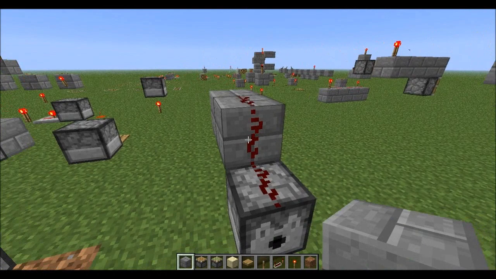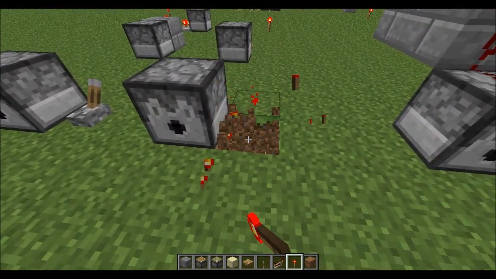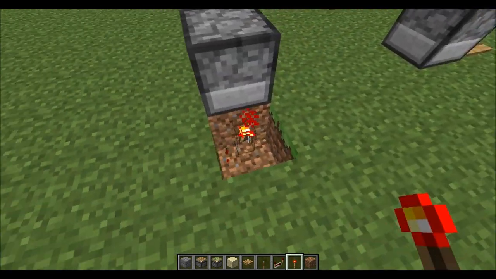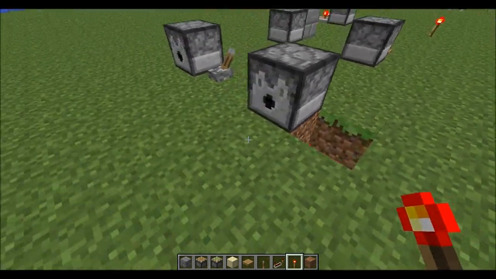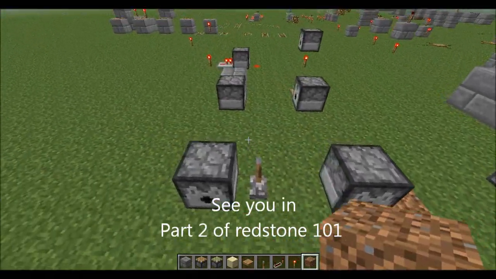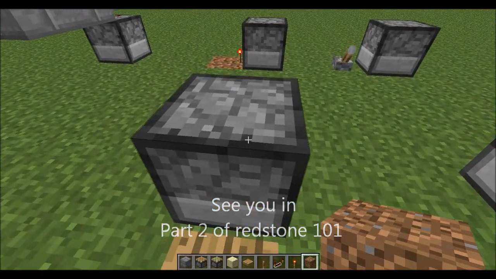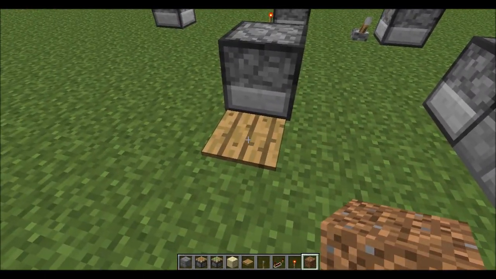Any sort of signal near them going off will basically set them off. Yep. See, even the plates which don't power blocks, they do